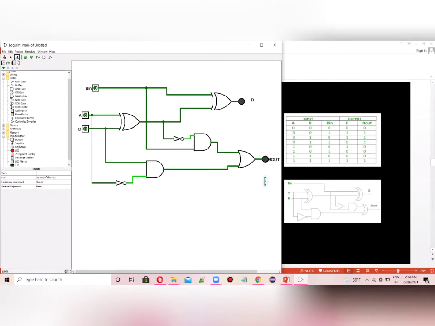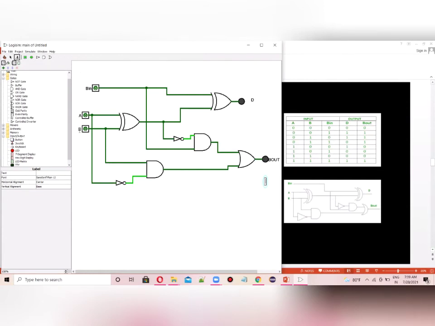Now let's check whether it is working properly according to the table designed for the subtractor case. We can see the default value 0, 0, 0. For 0, 0, 0, both the D and Bout are off. They are 0.